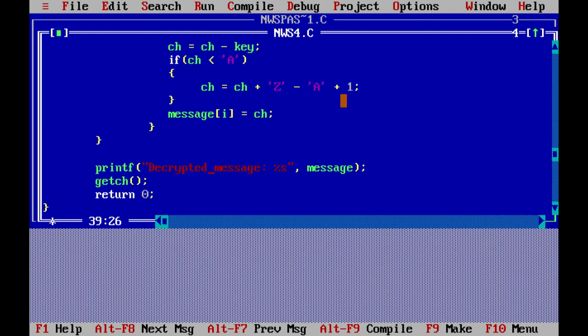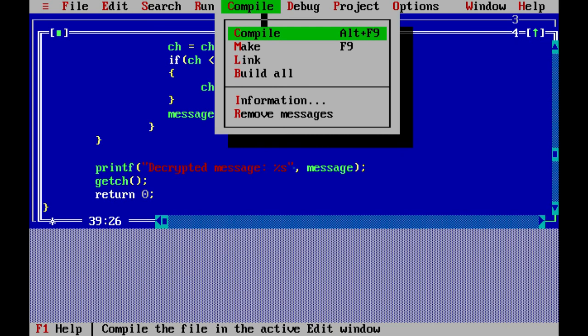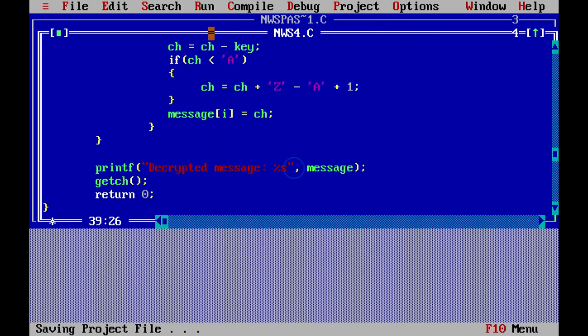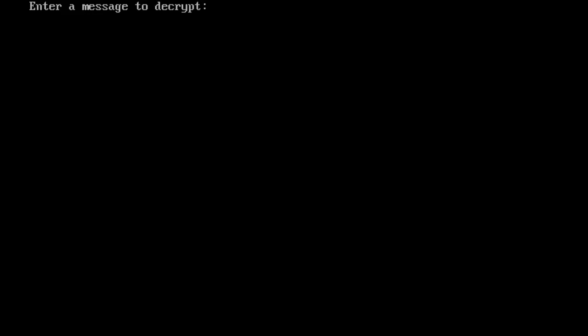Now see, we have to compile it. Then go for run. If we write EFGH, key value is 4, ABCD is there. Clear?